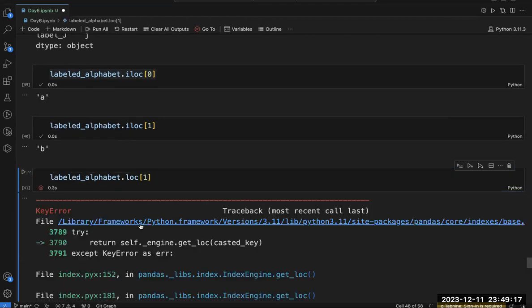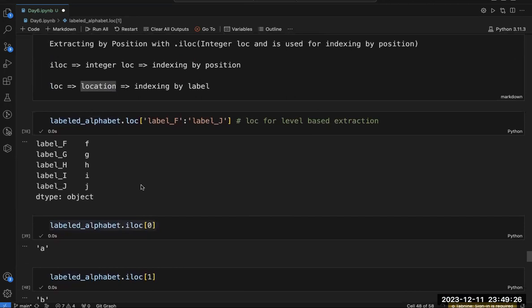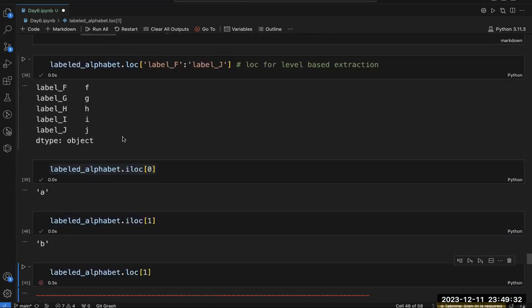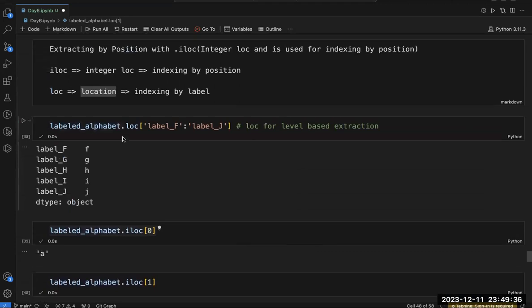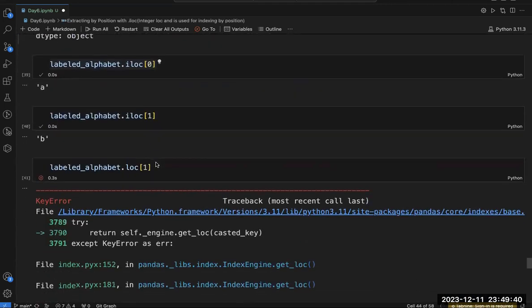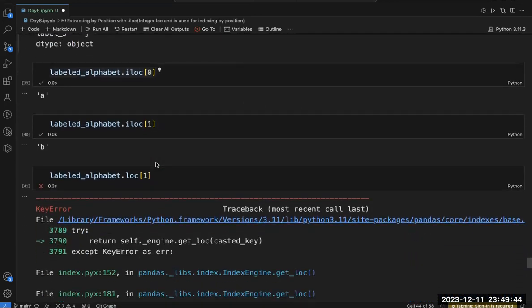It will throw an error. Why is it throwing an error? Because this is not integer based indexing. This is not a position. This dot iloc is integer location, but loc is label based. It is not integer based. It is label based.